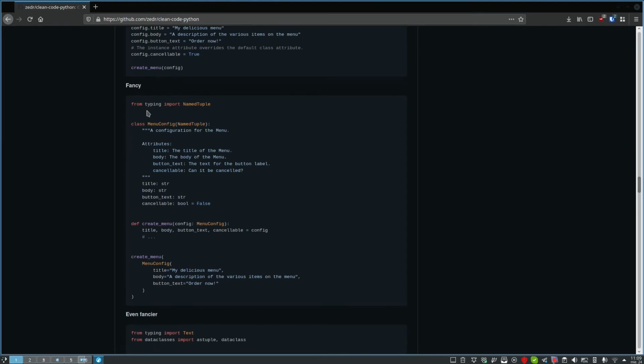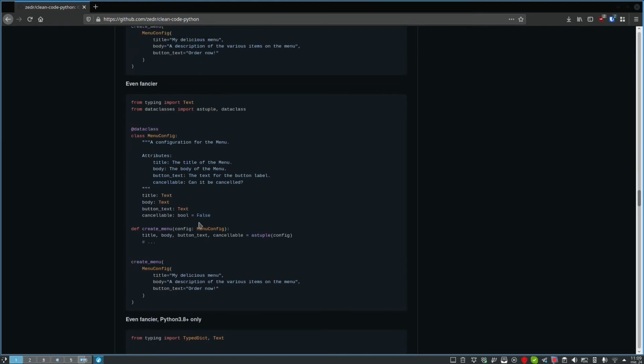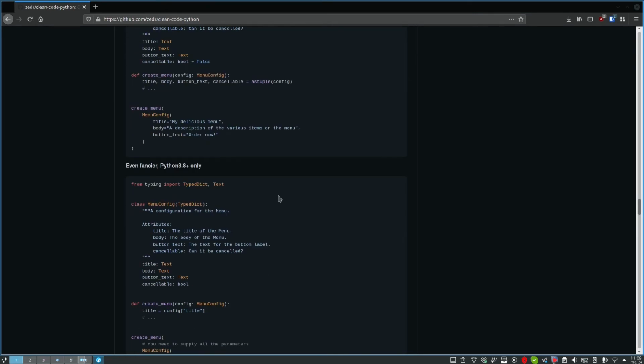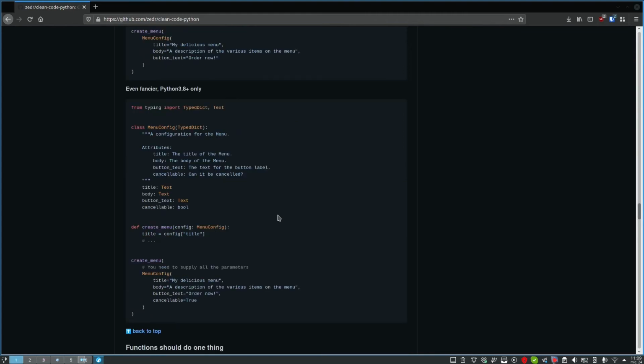Let's see more examples. No, I don't. No, I don't like any of them. So far, I think it's just a lot more complex. Of course, if you are going to use this, in this case the menu config class, in a lot more